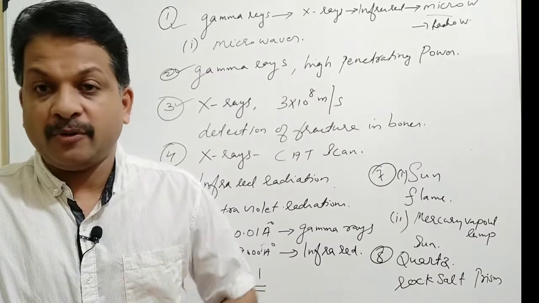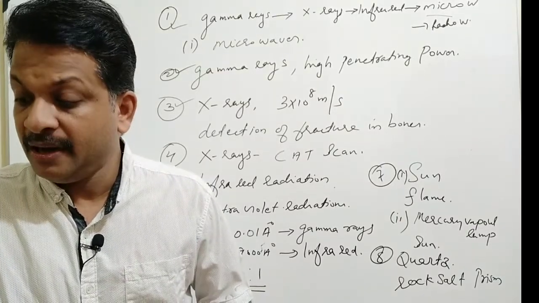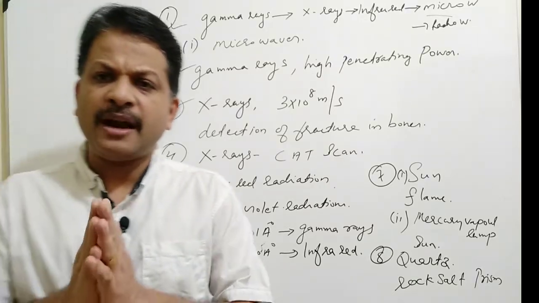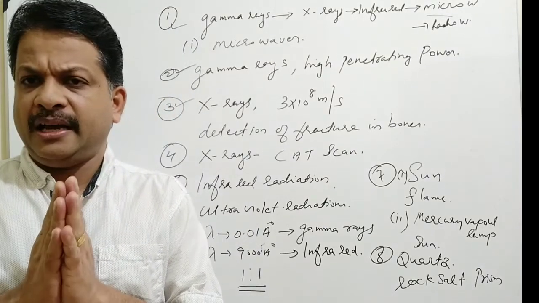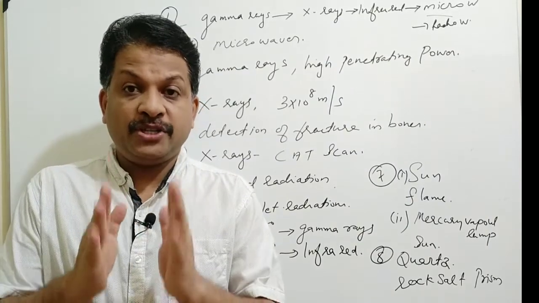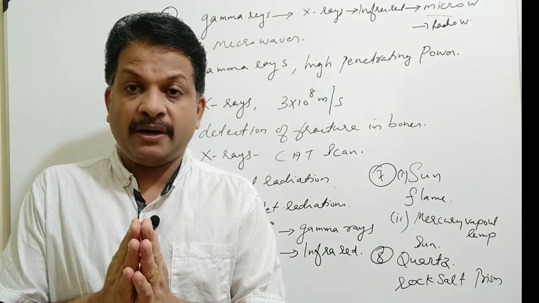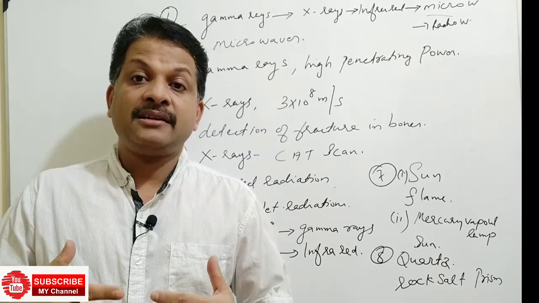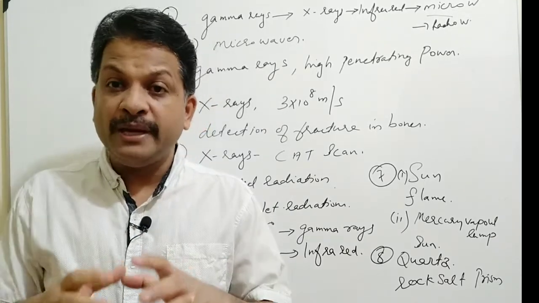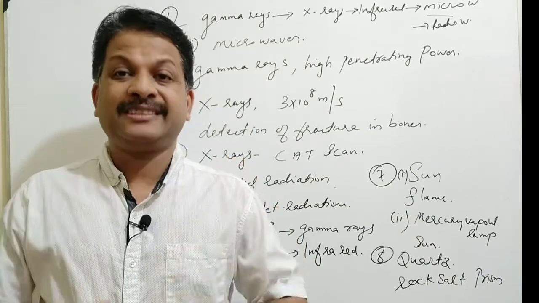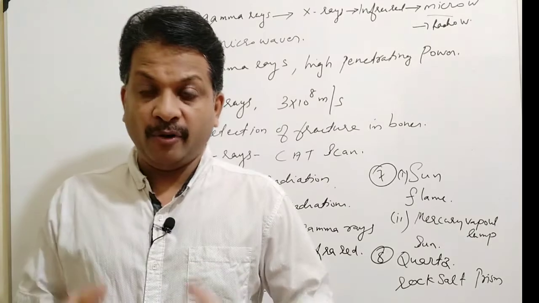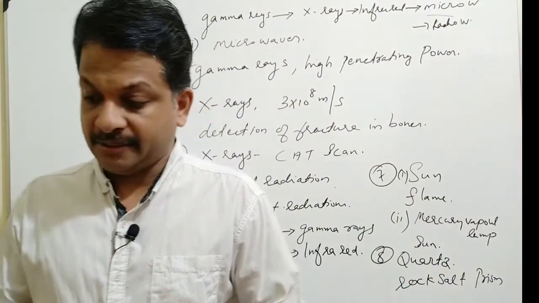So give reason type of questions also can be asked. For example, infrared radiations are used for photography in fog. So why do we use infrared radiation photography in fog? As I have discussed, infrared radiations have a special characteristic property. They have the longer wavelength. They can travel a longer distance. They can penetrate through the atmosphere without being absorbed or scattered much. That's why infrared radiations are used for photography in fog, in mist and in night.